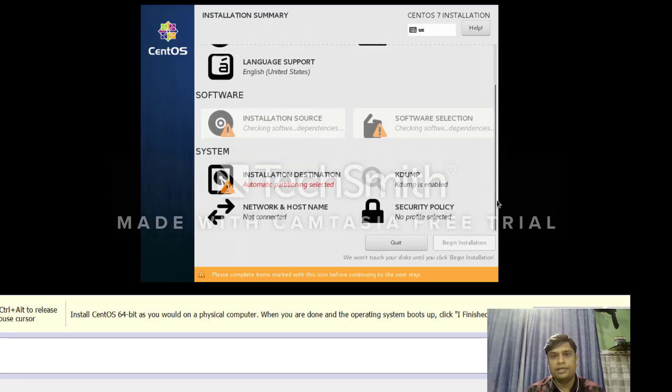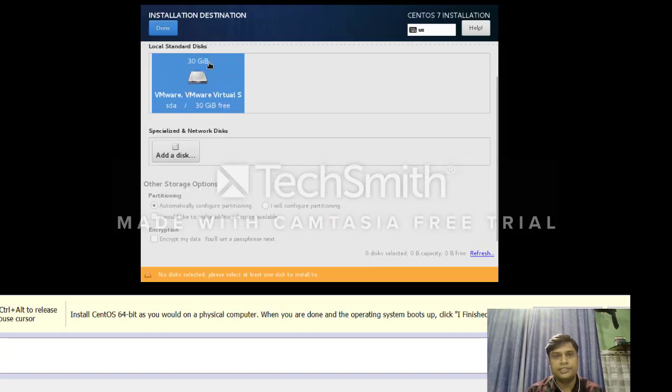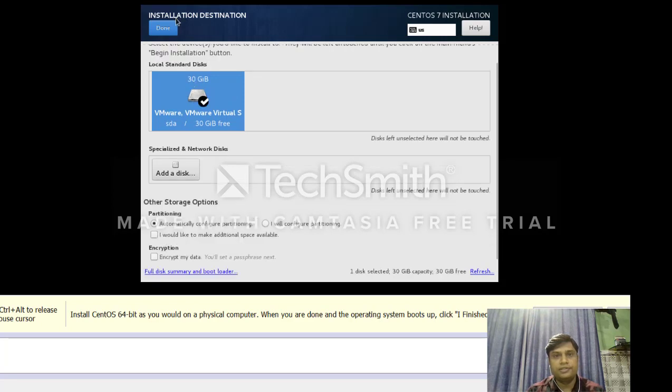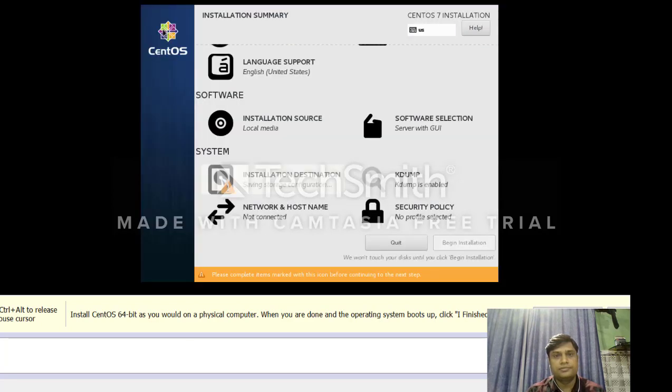You can scroll down. This is the size of your hard disk which you provided, 30 GB. If you want to do manual partition, you can select I will configure partitioning, and then you can configure a partition as well. But for now, I will just select this 30 GB disk and click on done.